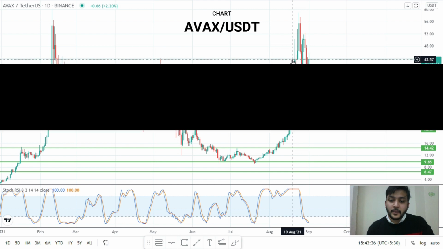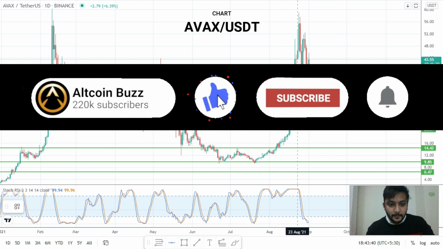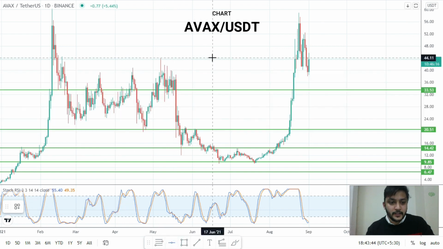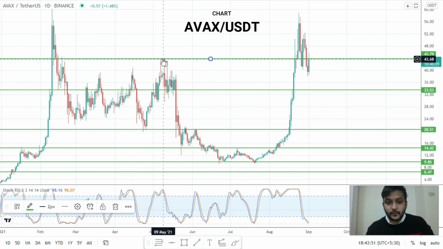Now let's see till where AVAX can go. Even at this point we can see a bit of support somewhere around the $33 region, and this is one of the major previous supports that was revisited. So we saw this local high. So let's consider this as the point of the local high to the local bottom, and let's look at the